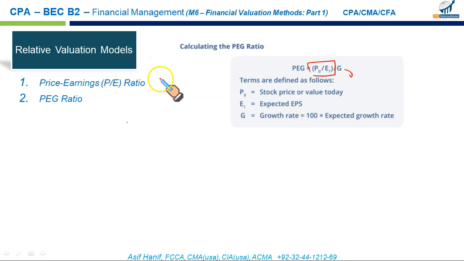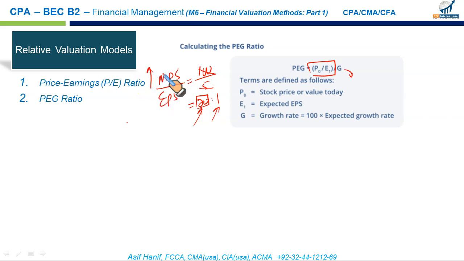This was an important concept I should have explained earlier. Price earning multiple is market price per share over earning per share. Let's say the market price is 100 and earning per share is just 5, what it gives me is 20 to 1. It means for every $1 of earning, an investor is willing to pay $20 for the share. Why? Because he is expecting the company to do well in the future. He's expecting some future growth in the stock. So the higher the PE multiple, the better.